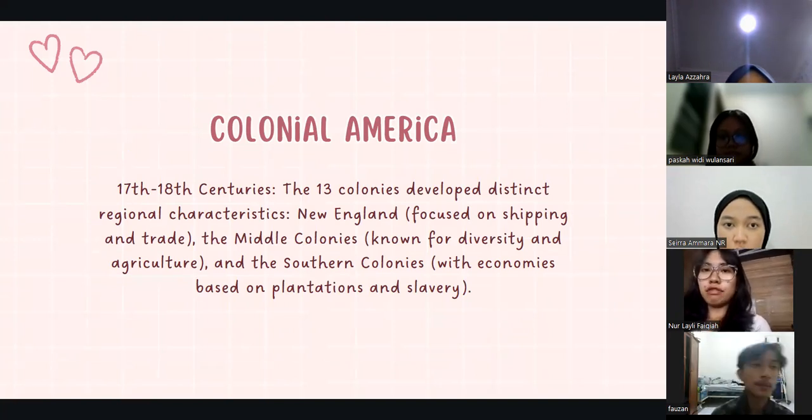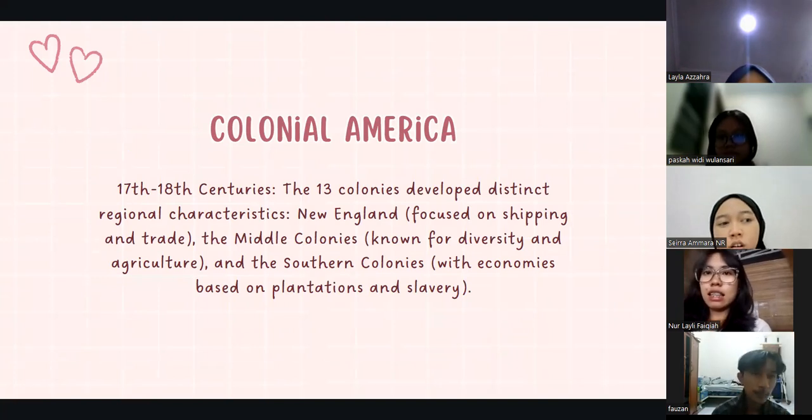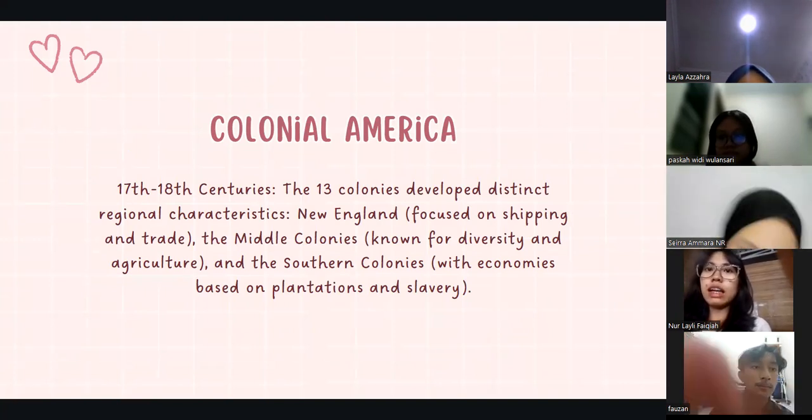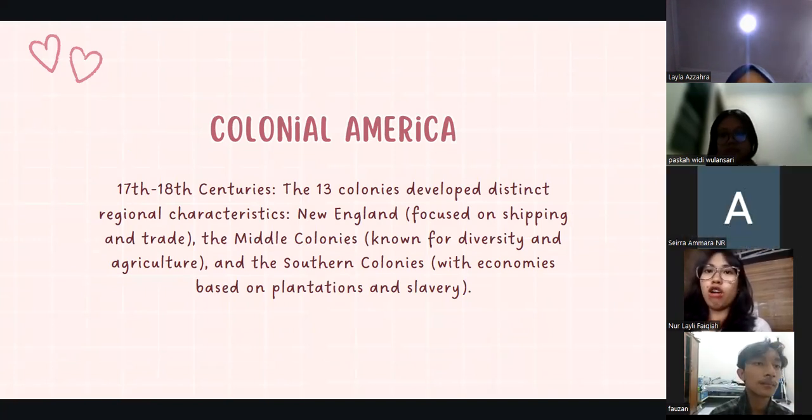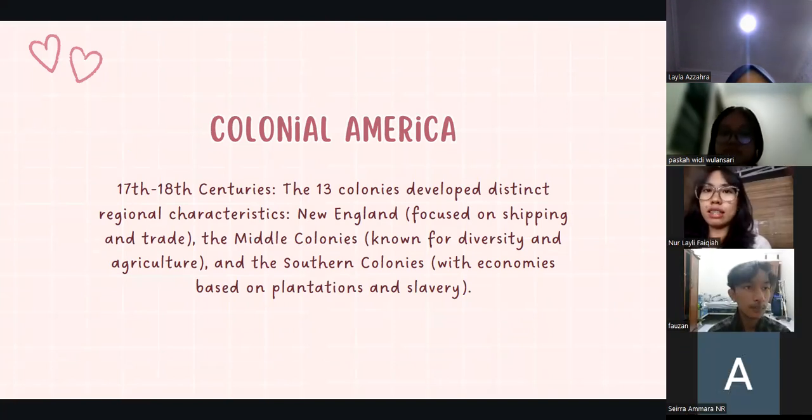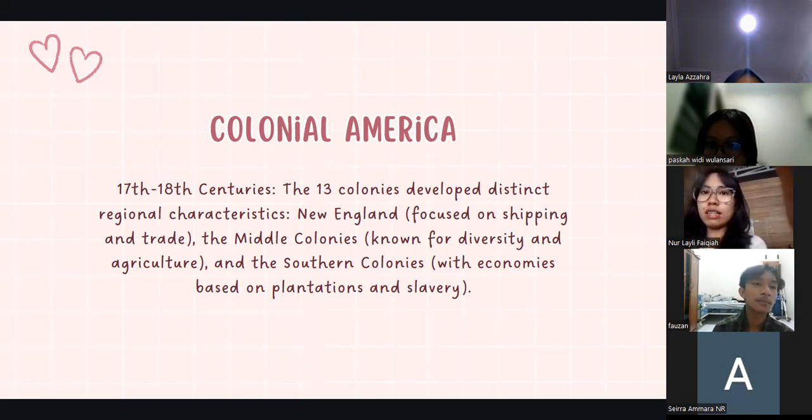Colonial America refers to the time from the late 16th century to the 18th century when European countries, mainly England, set up settlements along the eastern coast of what is now the United States. These colonies had different economies. The northern colonies focused on trade and making goods, while the southern colonies relied on farming and used enslaved